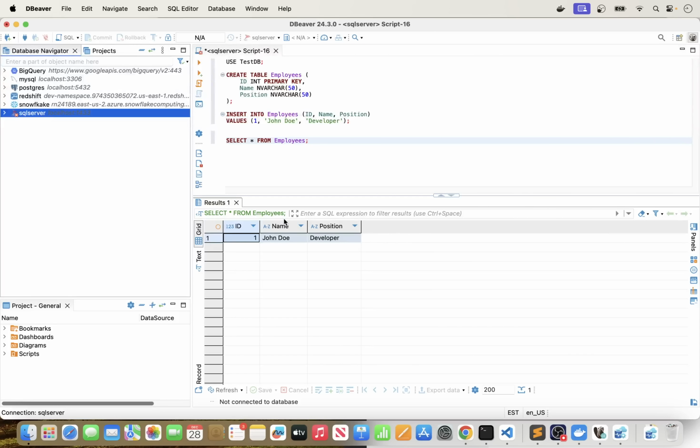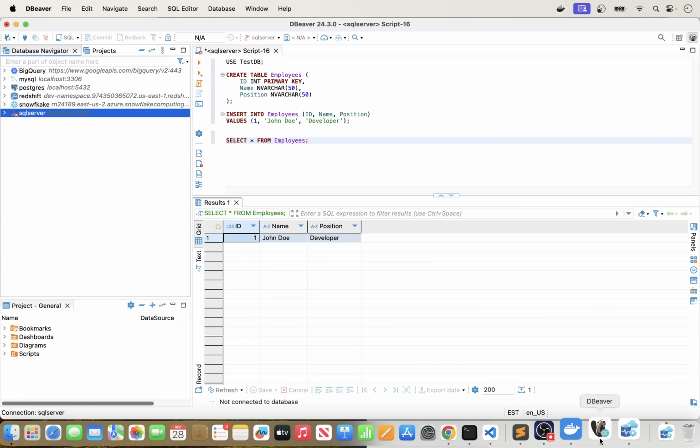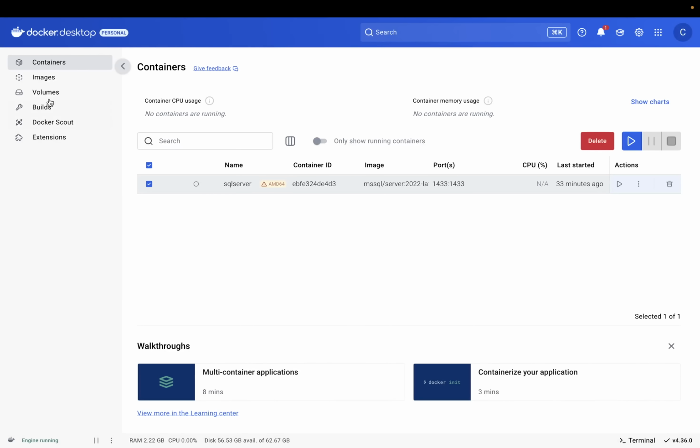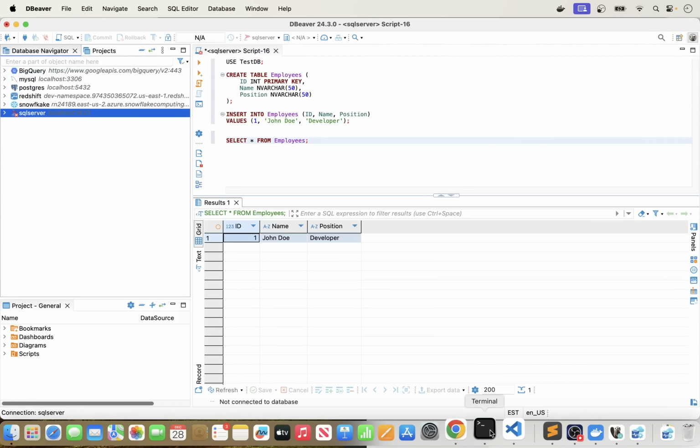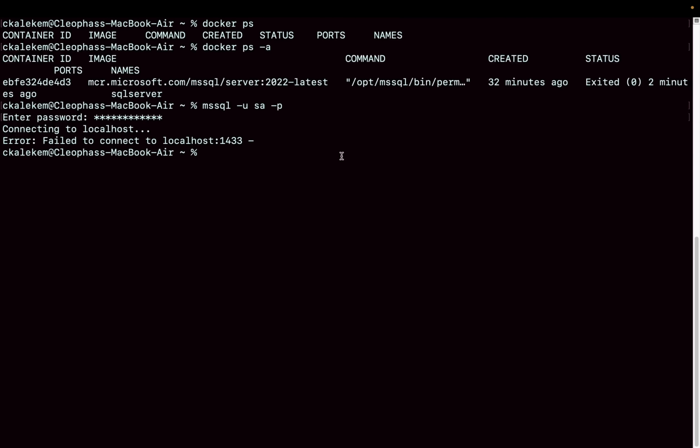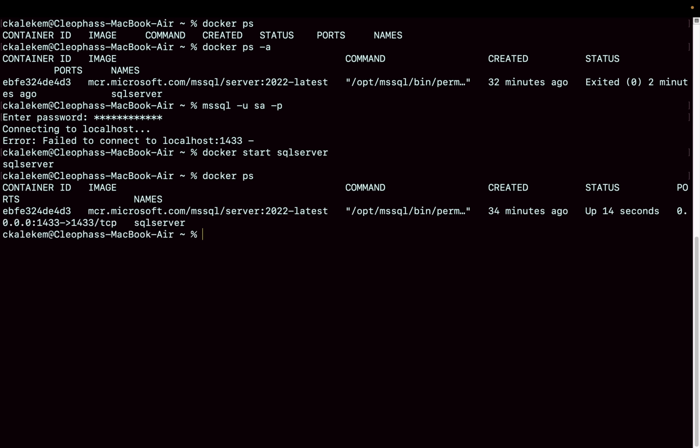And again, if you want to come back and start off again, all you have to do is come right here. If you're using the desktop, just select it and hit start, and that's going to start your container. Or you can come to terminal and just say docker start, and I think we named it SQL Server. That's going to start it, and now if you do docker ps, you will see that it's running and it's listening on port